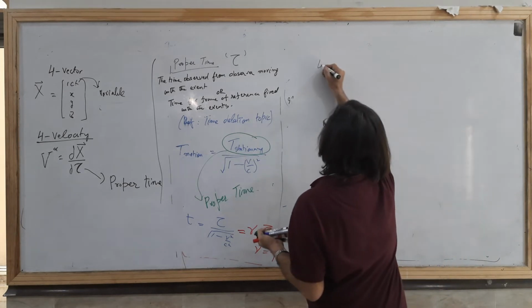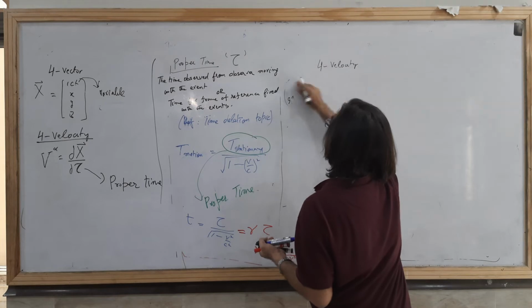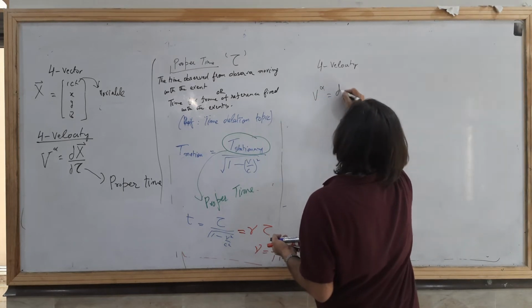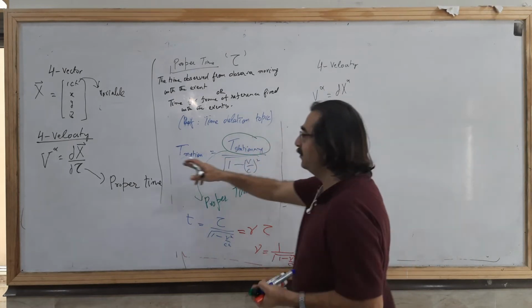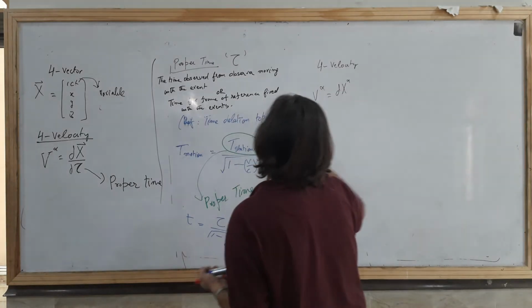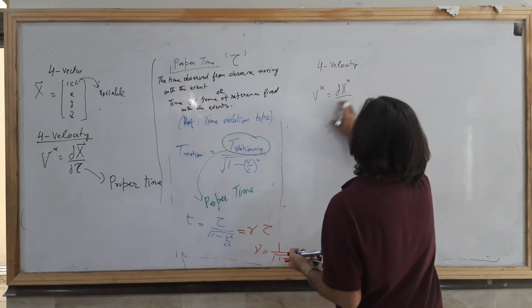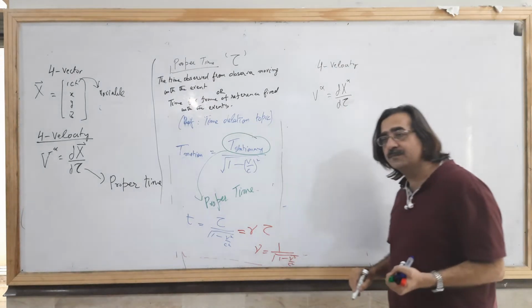What is the 4 velocity? V alpha is equal to d. अच्छा, इसे भी मैं अल्फा की तरफ लिख रहा हूँ. ठीक है, dx over d tau, sorry dt नहीं, d tau. ओके,